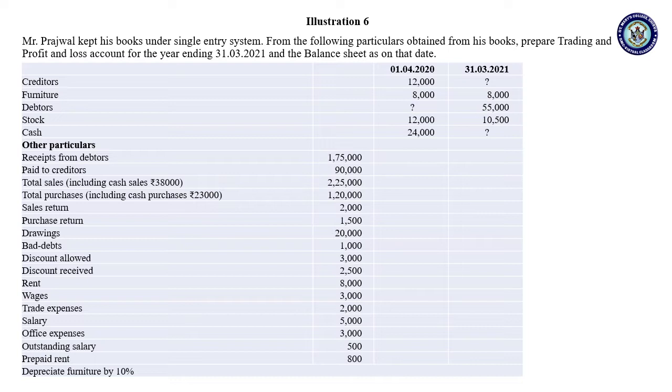Okay, so we will start with the solution. They have given some of the information regarding assets as well as the expenses and the income. Now, by observing the information they provided, you have to first decide which ledger account you have to prepare. Recall your first semester where we prepared the opening balance sheet to find out the capital. In case of non-profit organization, to find out the capital fund.